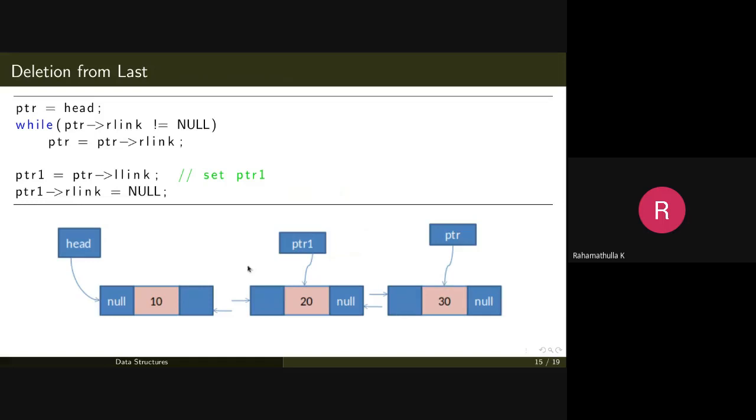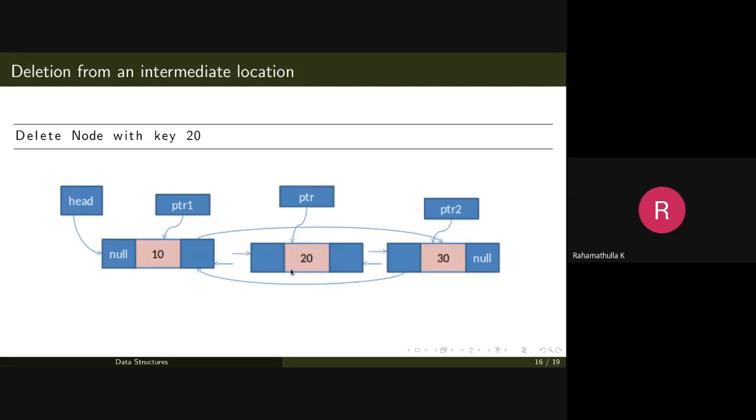So you'll be starting from this. This is the first node, this is the second node, and here it is null, means there is no node after this. So it is correctly deleted. Now you need to delete a node with some particular key value. That is, you would like to delete a node in between the two nodes. So you'll have to keep two pointers here, PTR1 and PTR2, so that you need to remove this. You need to change the right pointer of this to here and the left pointer back to the previous one.